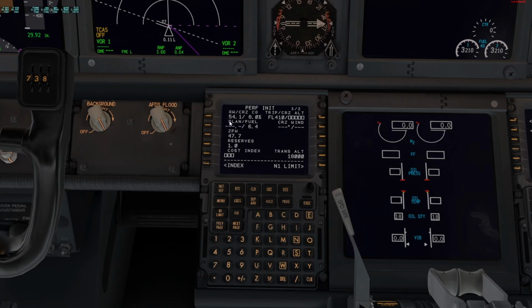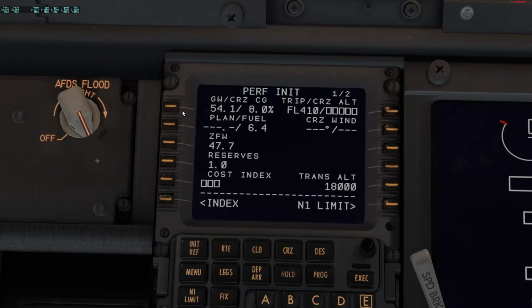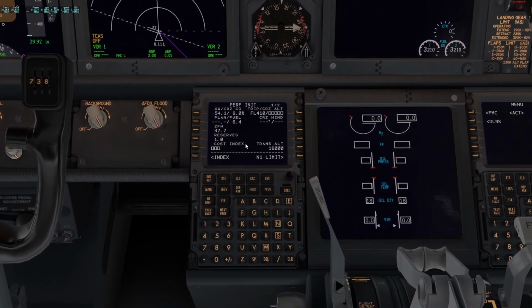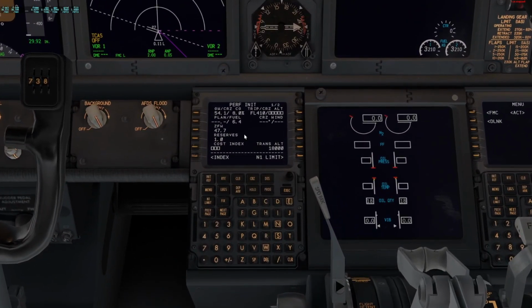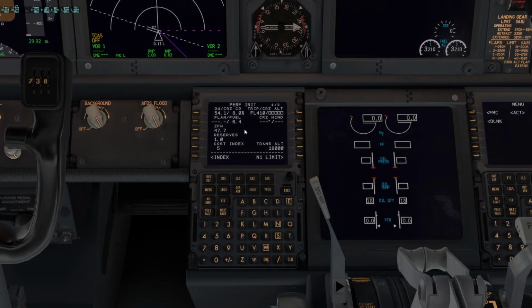Yeah, and then if you reset the weight, always go to tap on the GW cruise CG once more. Then your cost index is the CI cruise number on your flight plan summary window on Simbrief. So type that into cost index, and then get your